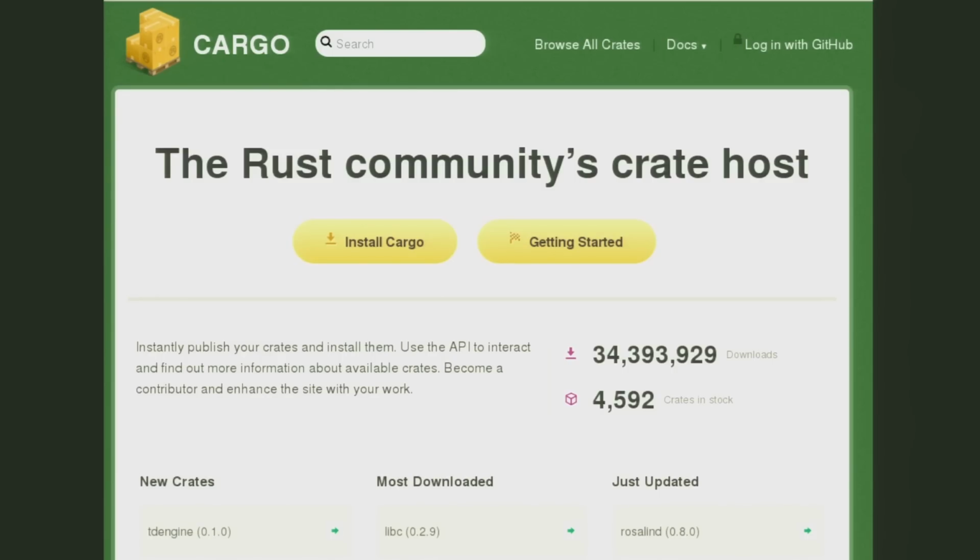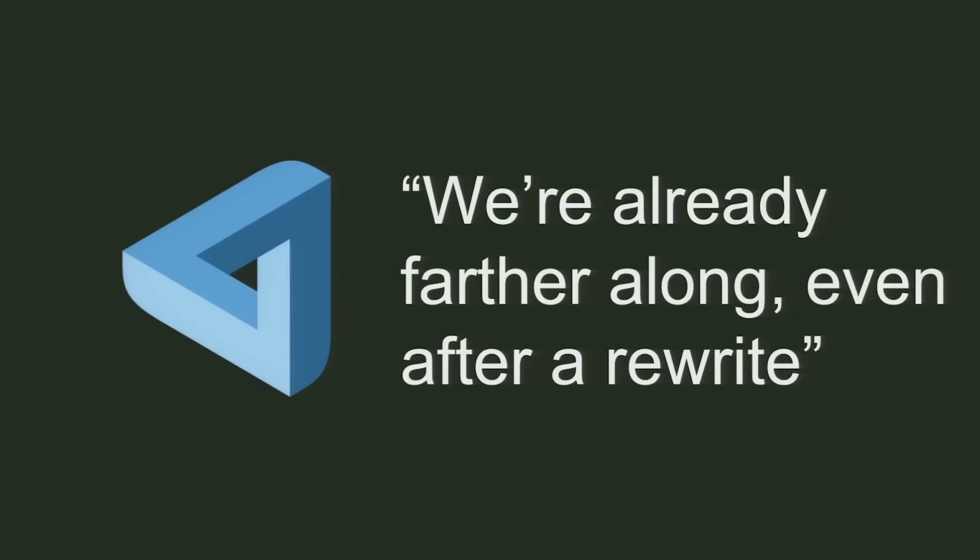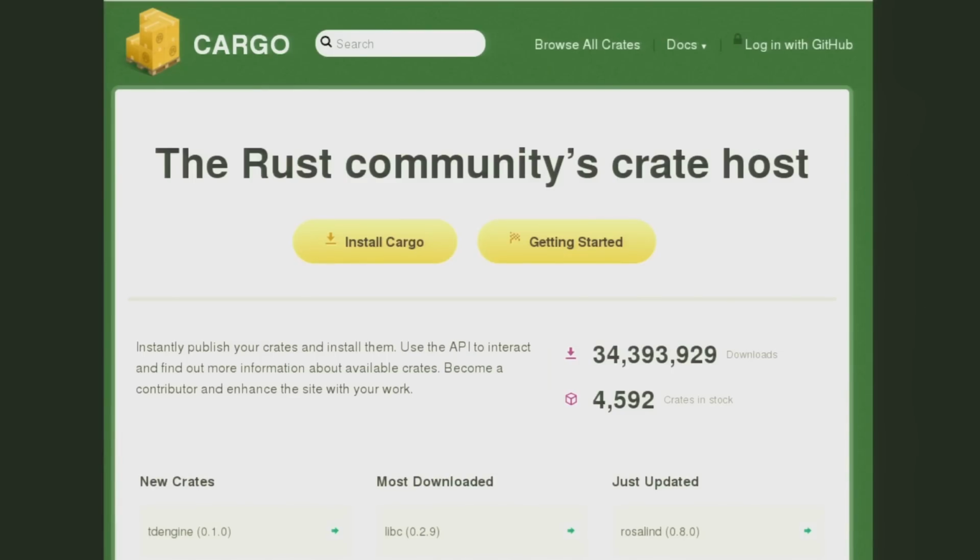So what cargo lets you do is, if you're from the systems world, it's sort of new, but if you're from the Ruby world or the JavaScript world, it is very boring. Basically, there's this website, crates.io, and it gives you a list of packages. Basically, all you need to do to get a dependency in the Rust world is to add 1 line of configuration to your config file.